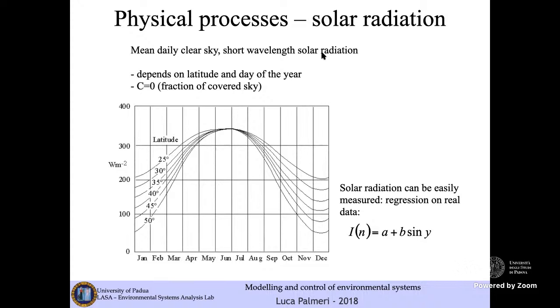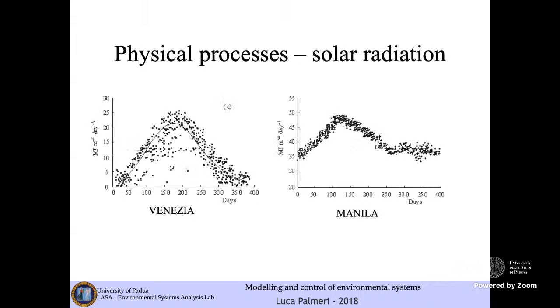And it is, for example, evident that if we compare solar irradiation measurements at different places on the surface of the planet, for example, here you have measures in megajoule per square meter per day,